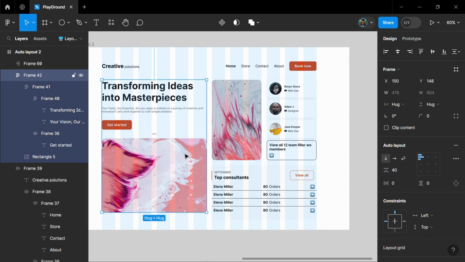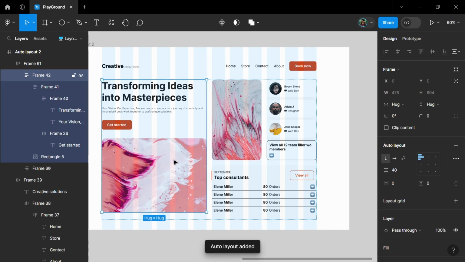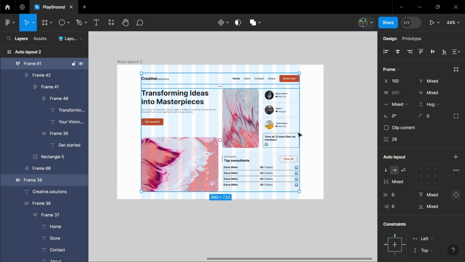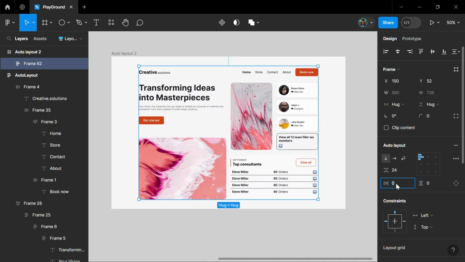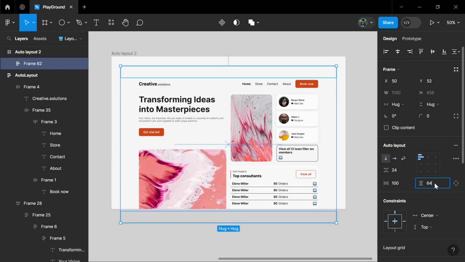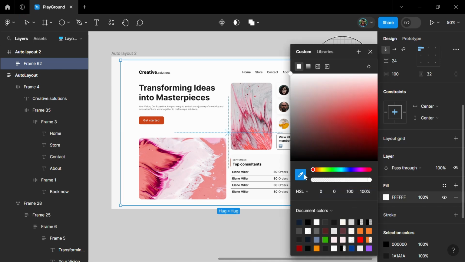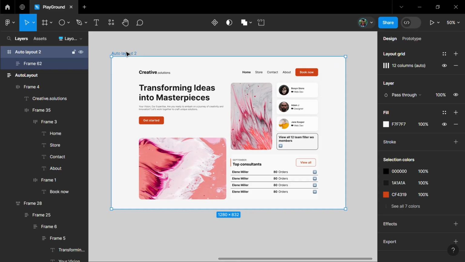Then select our entire left side design frame and this entire right side design frame and again add an auto layout. This will wrap our body content frame in one big auto layout frame. And now if we select our body frame and our navbar frame and again add an auto layout, adjust the paddings and our background color, and we are done with the entire bento grids layout.